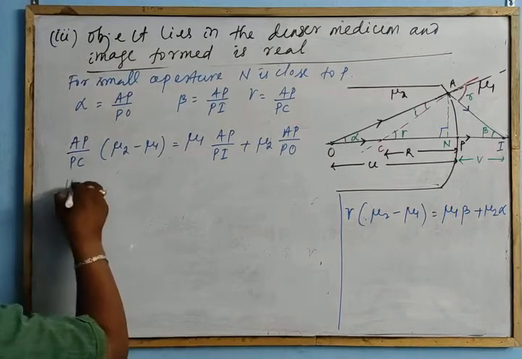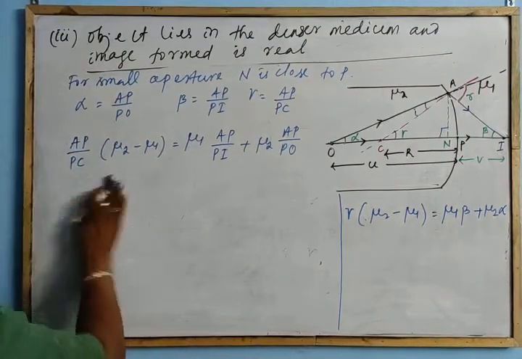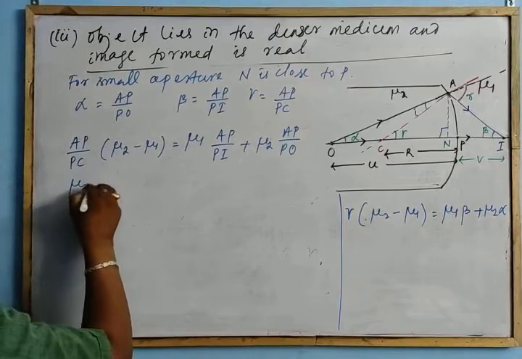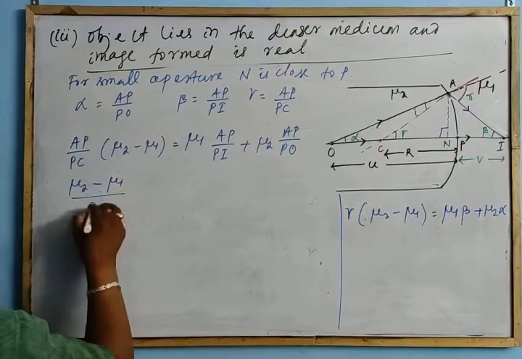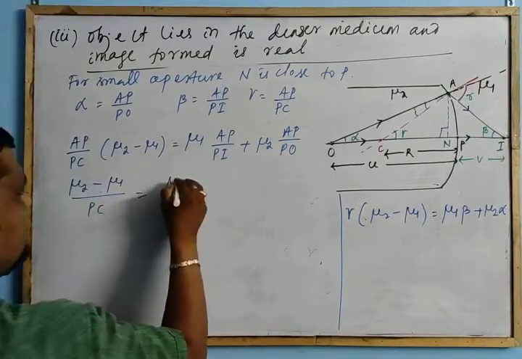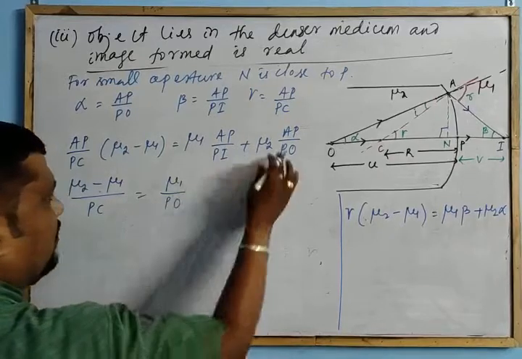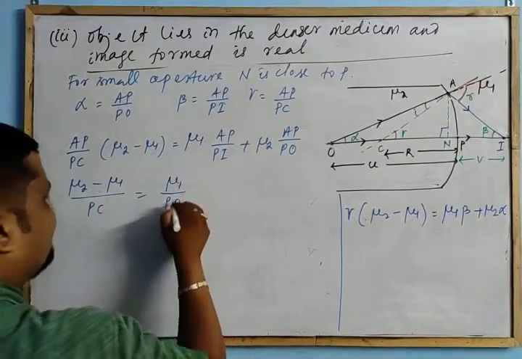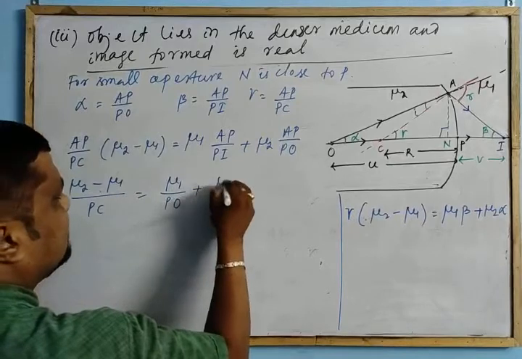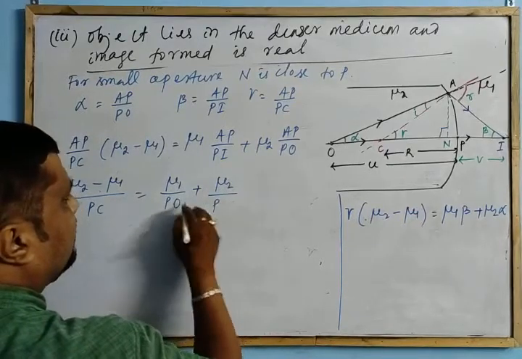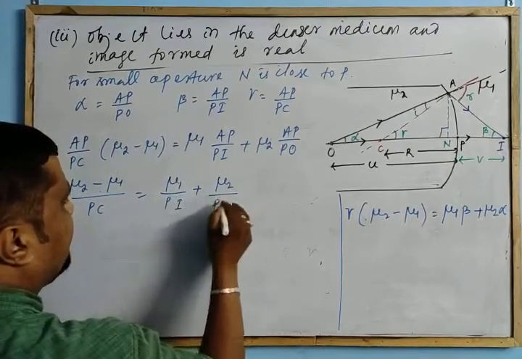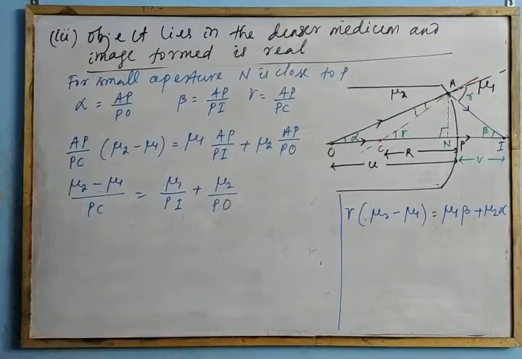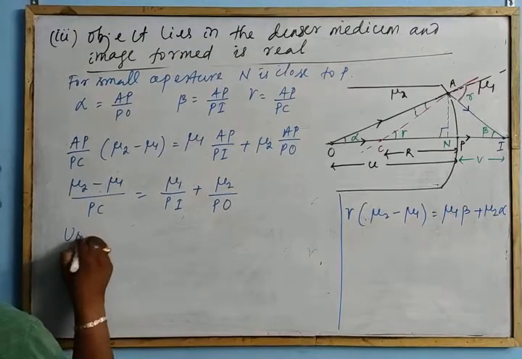Here using sign convention, take this AP common, so we get mu 2 minus mu 1 by PC is equal to mu 1 by PI plus mu 2 by PO. Using sign convention,